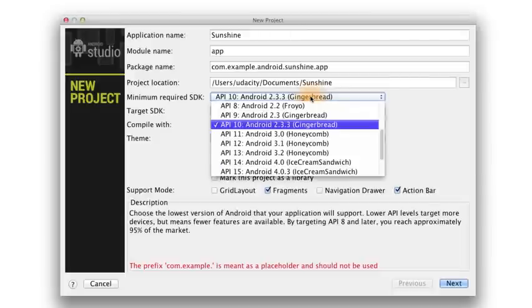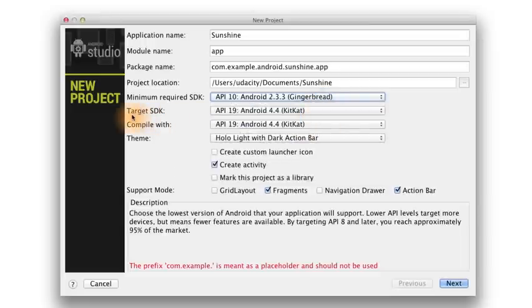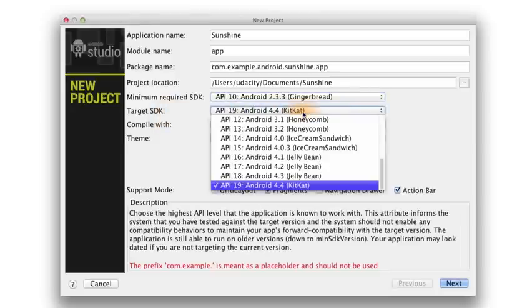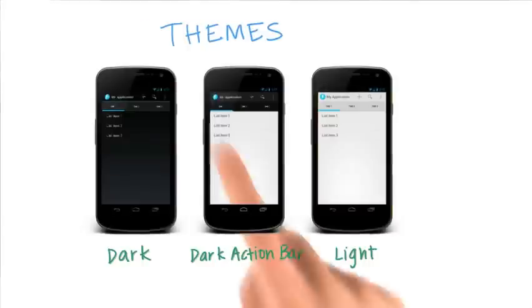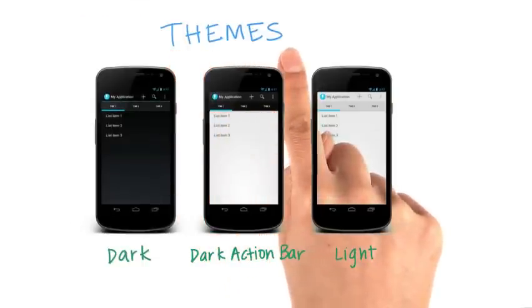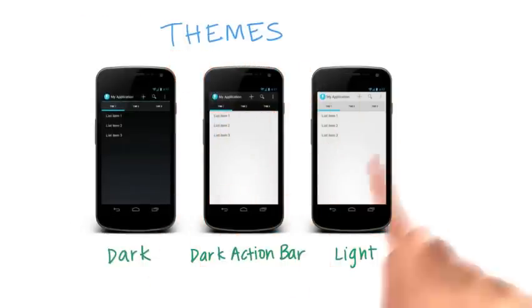Note that we also use the latest version of Gingerbread, API level 10, because it contains bug fixes that API level 9 doesn't have. Then, as explained earlier by Rado, we picked target SDK to be KitKat, which is the latest version offered at this time. Next, we pick our app theme. Android provides different system themes that you can use to apply a certain style to your app or activity. A theme defines visual attributes such as color, padding, item heights, etc.